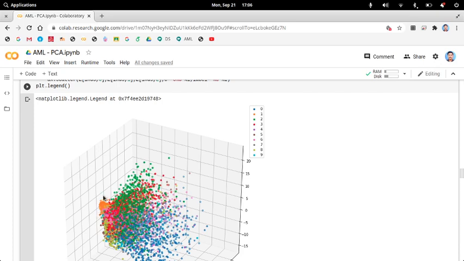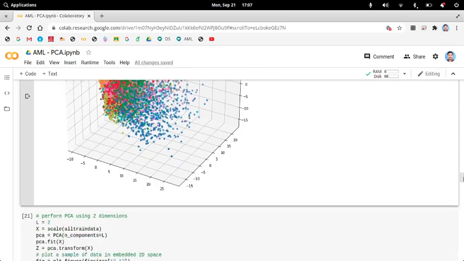Almost all ones in the data set look similar. That's why this grouping. Whereas maybe this blue color is 0 or 9. 0 and 9 are written in many different ways by different people, because of their handwriting. So that's why this difference.